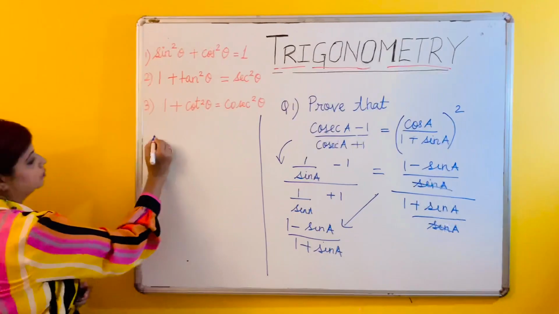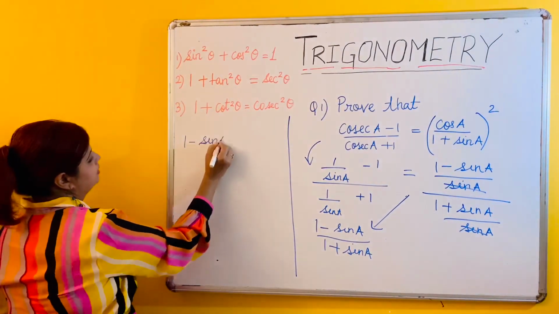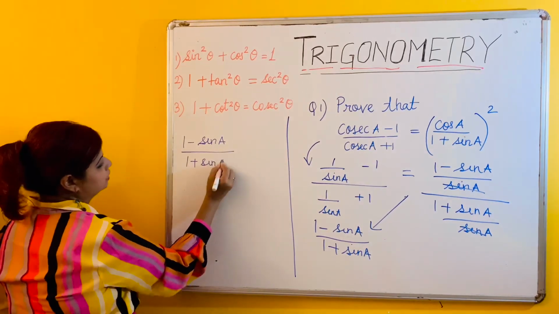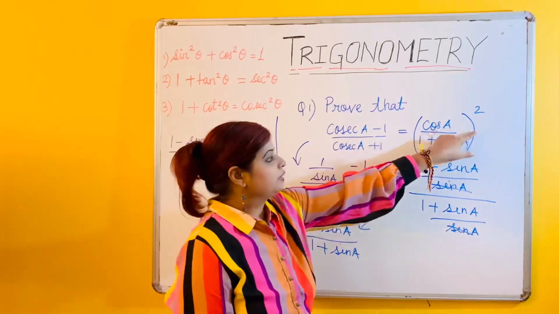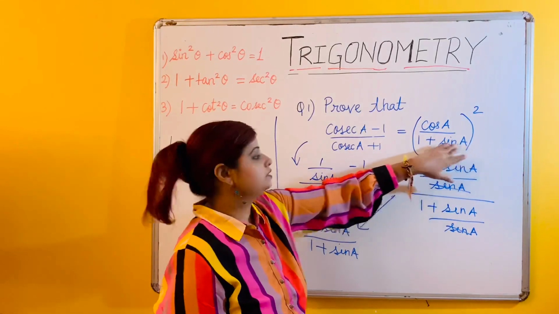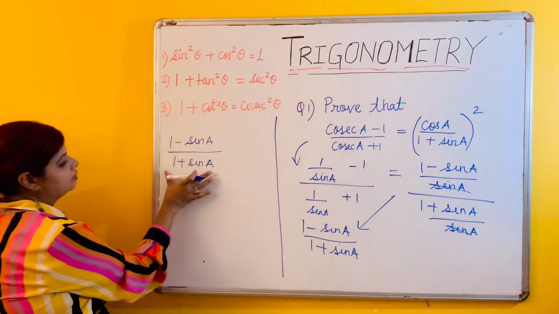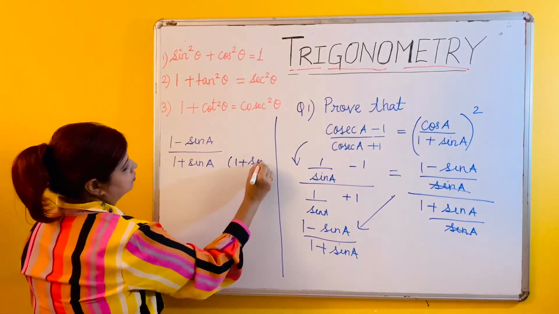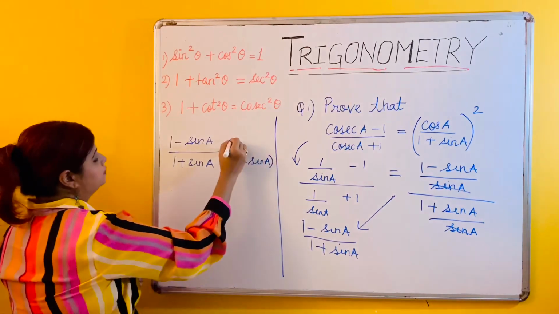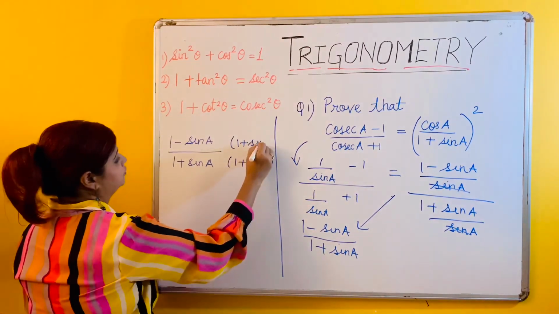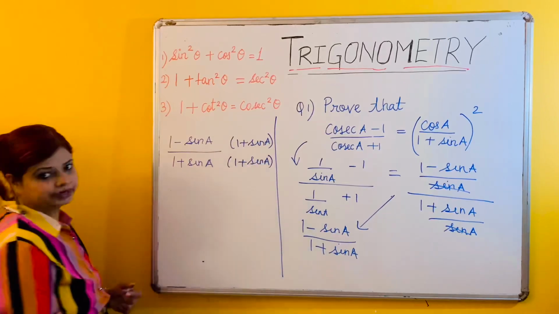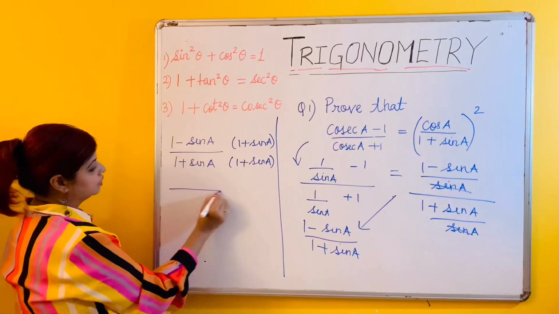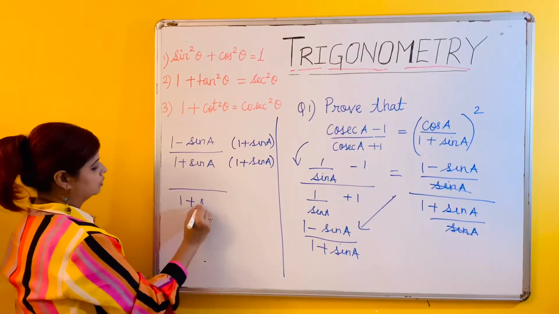Okay. Now 1 minus sin A. So I have what left? 1 plus sin A. Okay. Now if you see this, you can see that we have to come to this form, which is square. So what I will do is, I will multiply both numerator and denominator with 1 plus sin A, because when we are multiplying both with the same thing, we are not altering the equation here. Okay. Now what is 1 plus sin A? 1 plus sin A, it is 1 plus sin A whole square.